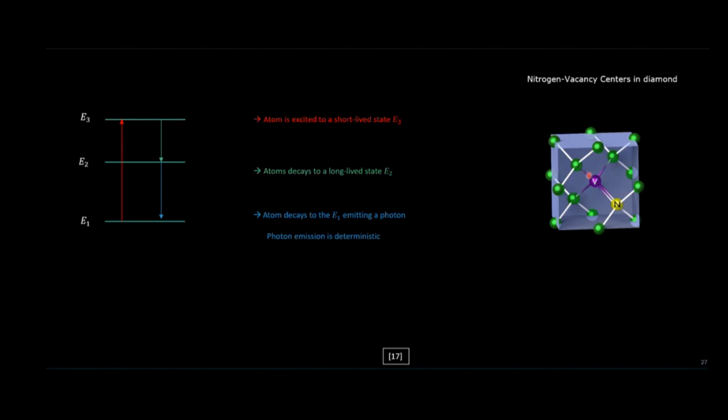So here we have a diamond. It's actually composed of a lattice of carbon atoms, and you knock out one carbon atom and replace it with nitrogen, and you knock out another atom and just leave a vacant place. I think it's used in other quantum information applications. But once again, the most used way to generate single photons is by using those